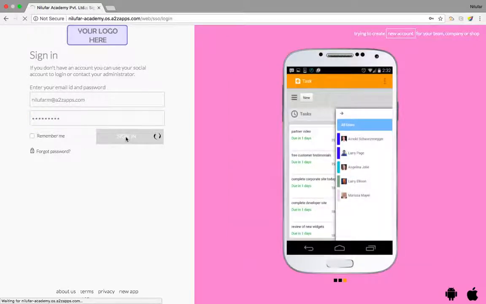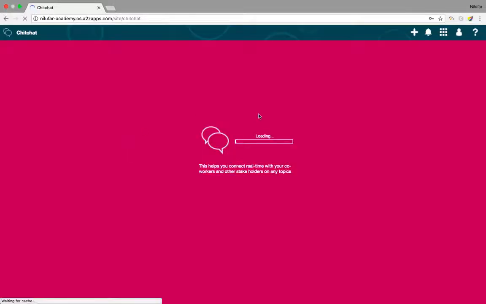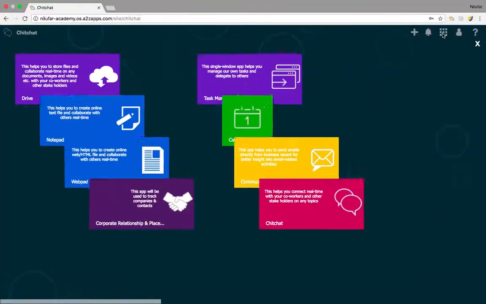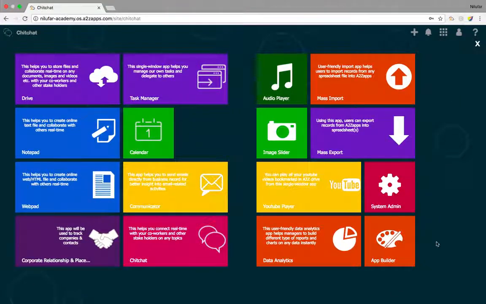All right. The moment I sign in, I need to go to the app gallery. Over here, I can see an app called App Builder. So this is the tool which will help me to create any custom application that I want.